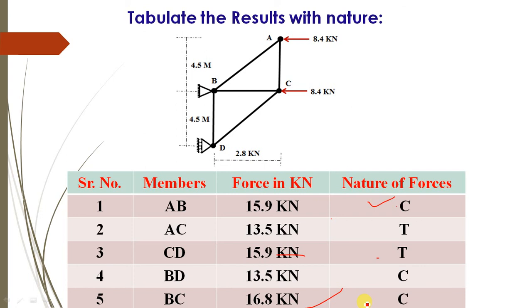Okay, so friends, it is quite simple, but don't get confused while writing the compression and while writing the tension. For that you have to assume all the internal forces in tension, that is, going away from the joint. If you get the positive answer for that member, it indicates that your assumed direction is correct. So plus answer indicates the tension. If you get the minus answer, it indicates the assumed direction is not in tension, it is in compression. So accordingly you have to form the tabular form and complete your results.